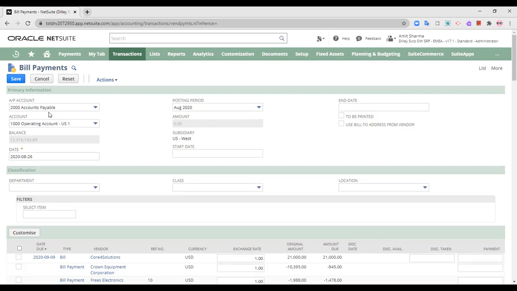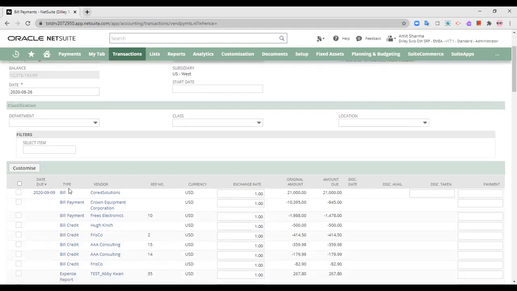And when you select all of these items over here, all the bills that are open within that particular payment period for that particular accounts payable account, for that particular date, for that particular subsidiary, will actually appear, and you can make the payments directly by clicking all these check boxes here.